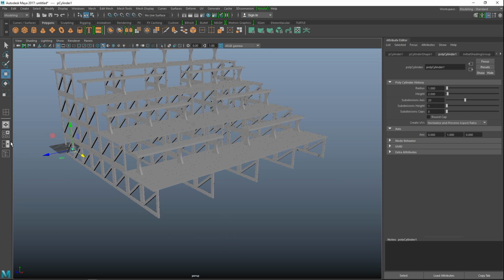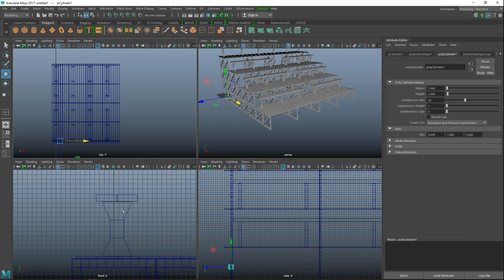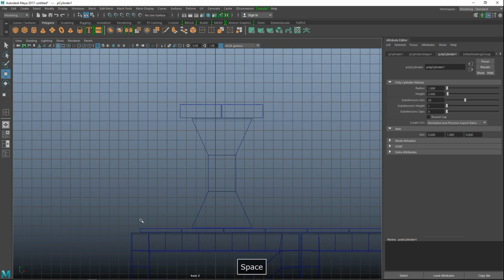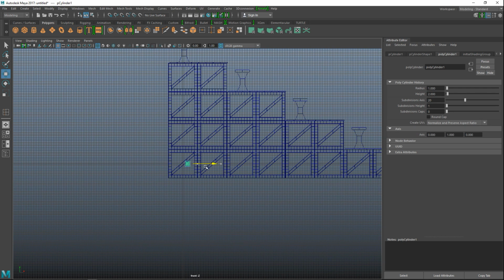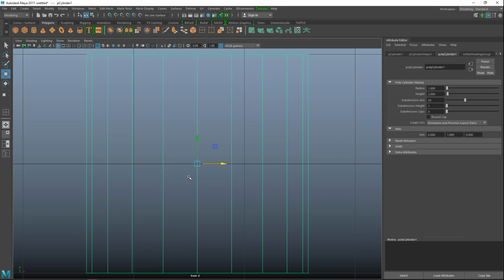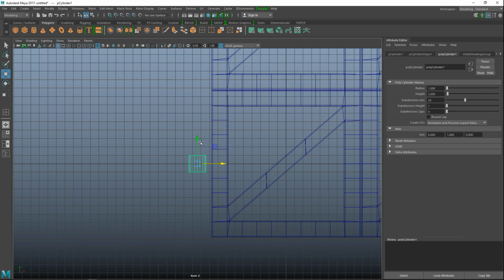Then we're gonna move it over to the corner here. Have to zoom in to the back here. Have to zoom in again. Push that down. It's a bit thick, so let's bring that down a bit.